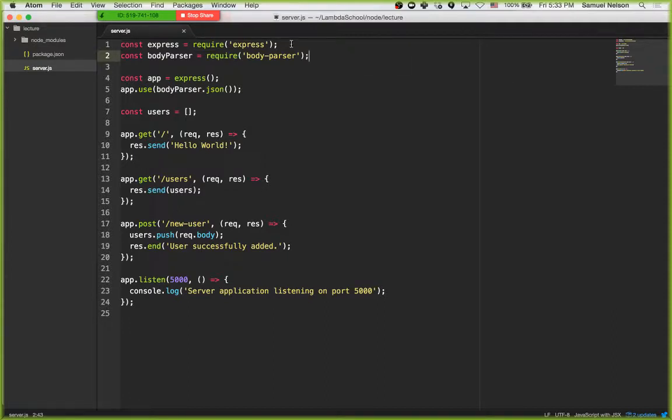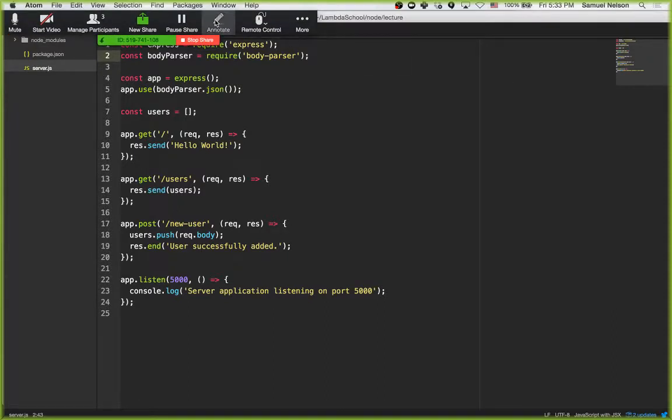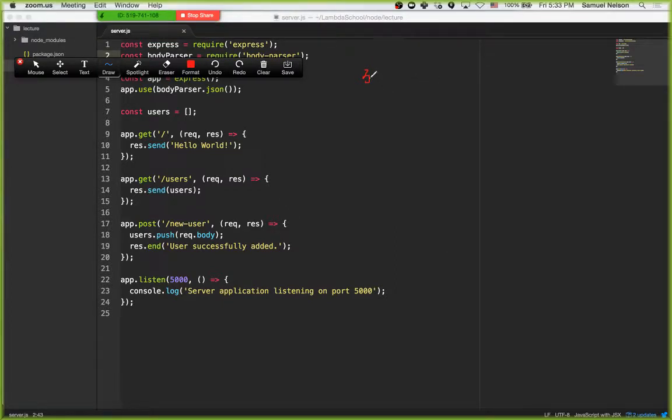So I'm going to annotate this. Okay, I have a mouse plugged in. I'm going to do this. All right, so let me